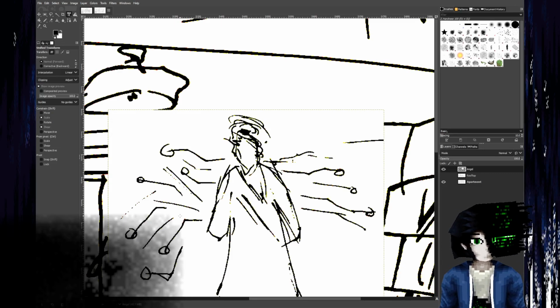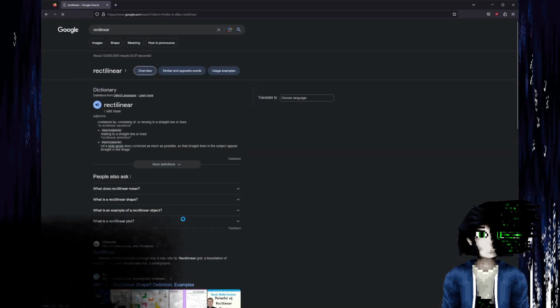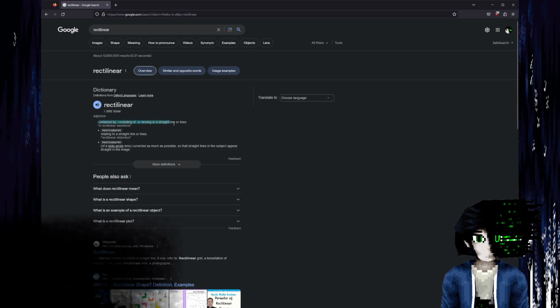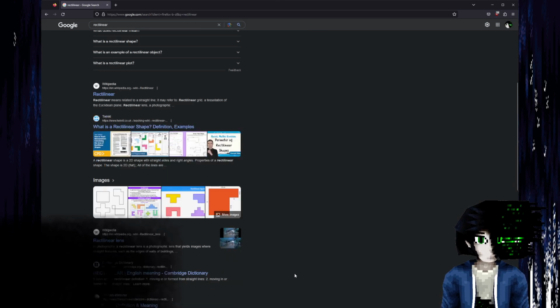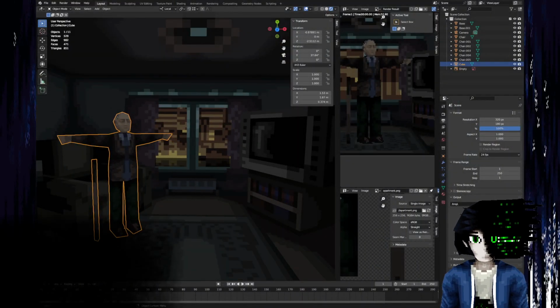Is rectilinear the word? Let's have a look. What's rectilinear? Contained by or consisting of or moving in a straight line or lines. Yeah, I like that. Rectilinear is the word. Rectilinear, kind of circuity shapes. Okay, let's grab you and